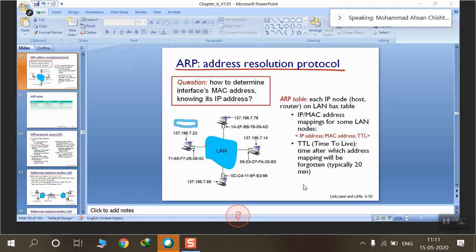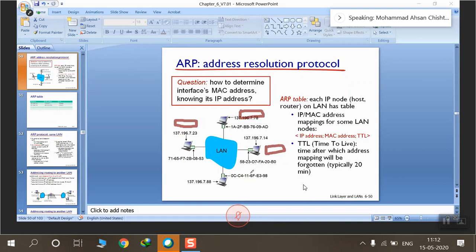The destination address was a broadcast address. I just mentioned a little while ago what a broadcast address is: FF, that is 11111111. Likewise, we have an IP address which is the broadcast IP address. So both of them were kept as broadcast. And this packet was broadcast across